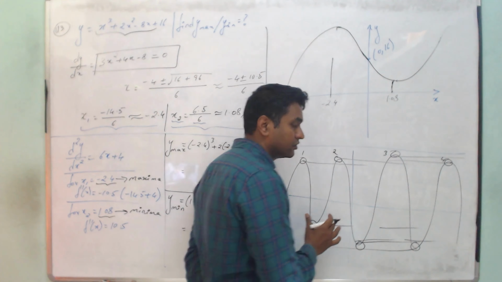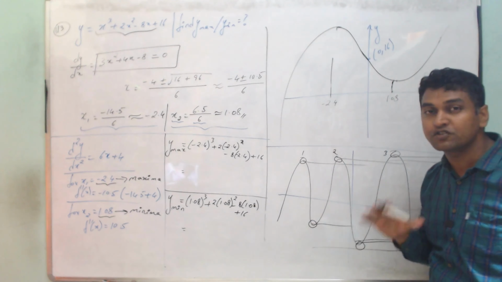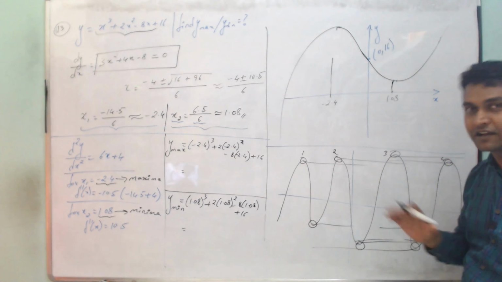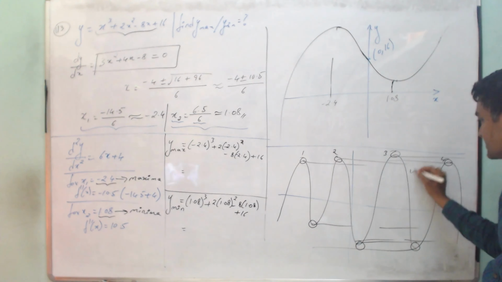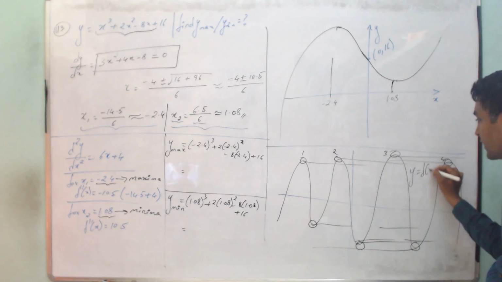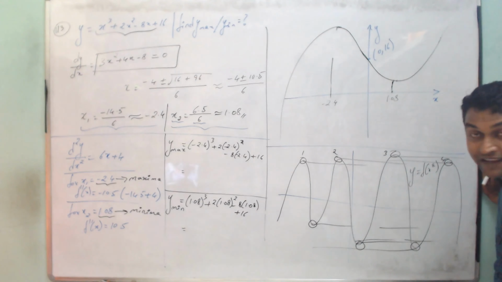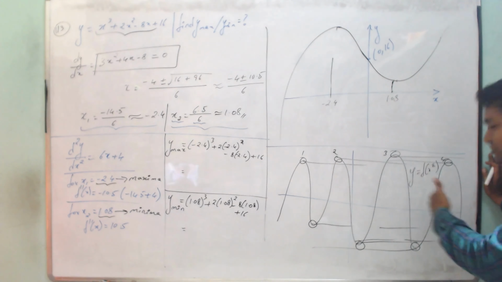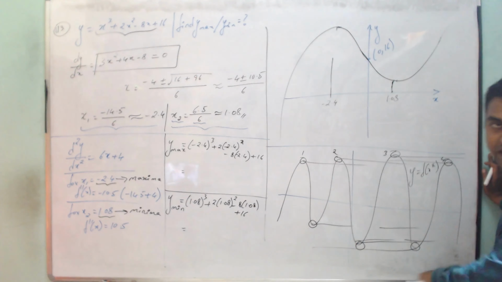So my first differential, when I equate it to 0, how many solutions of x should I get? How many values of x should I get? 7. Correct? That means this graph should be y as a polynomial of x to the power 8 at least. Can't be 9 because then 8 will come. Can't be 7 because if I differentiate, I'll get only x to the power 6. It has to be an 8th degree polynomial,